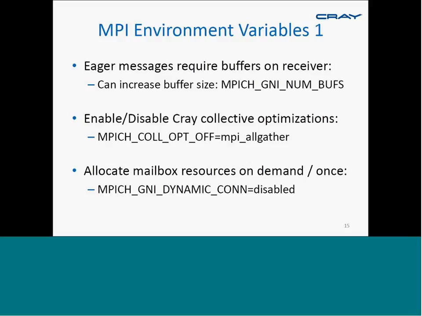It may be the case that you want to go ahead and pay a heavy startup cost to do all of this allocation. So if you want that, you can disable the MPICH GNI dynamic flag, and this will cause all of those mailbox information to be allocated after start instead of when you